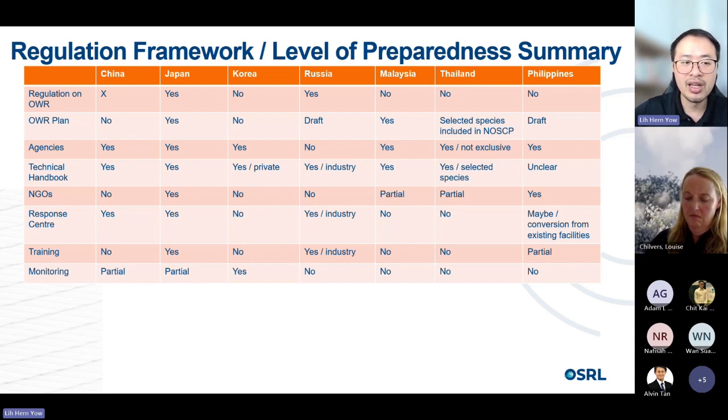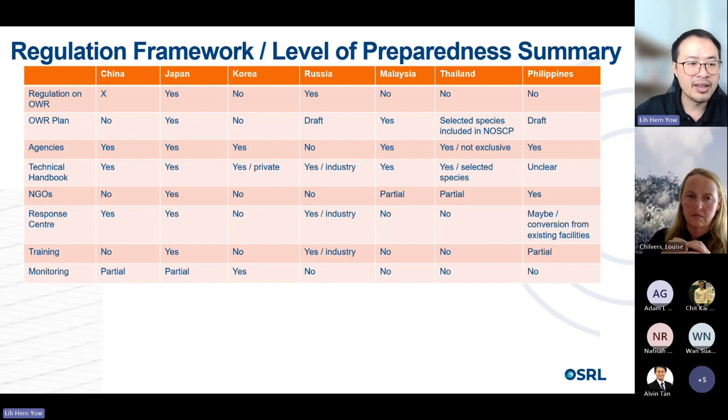So the regulation would normally designate who is the responsible authority, and the responsible authority would also be the one who produces the wildlife response plan. And some of the countries, although they don't have a plan, would have a technical handbook that tells the responsible party what could be done,